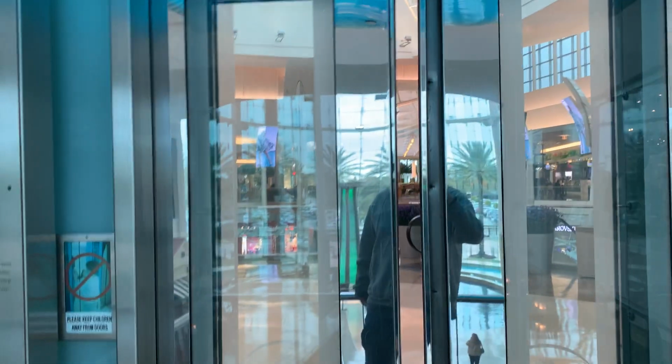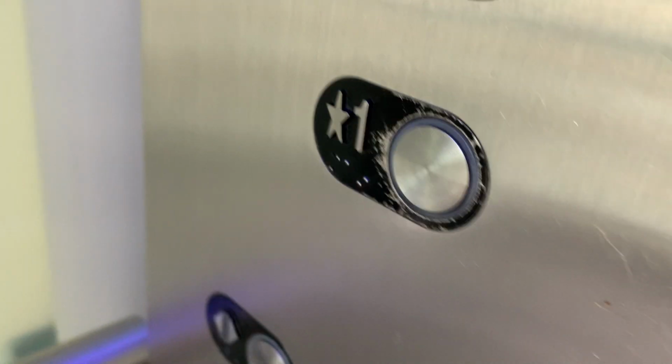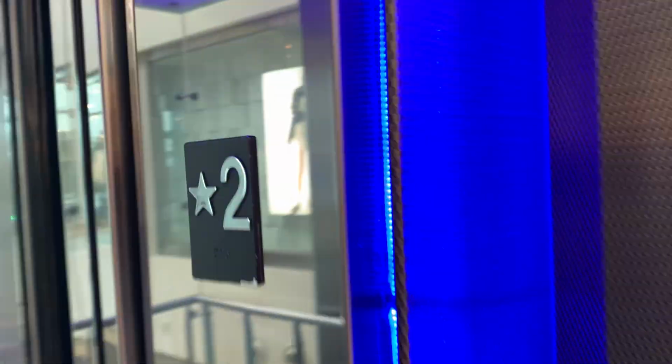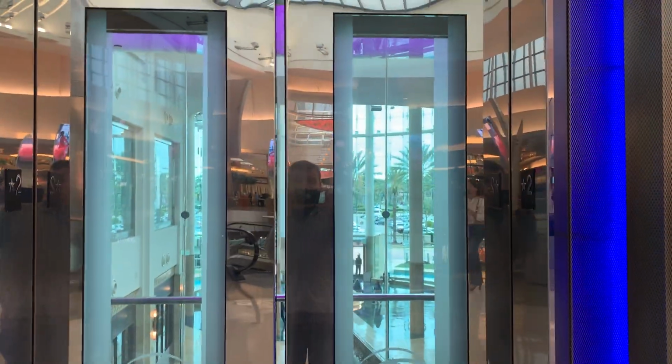Not as epic a motor as the other one, but still, these are neat elevators. Wait a minute, star 2? But the button says star 1. That's weird. Well, there it goes, and...